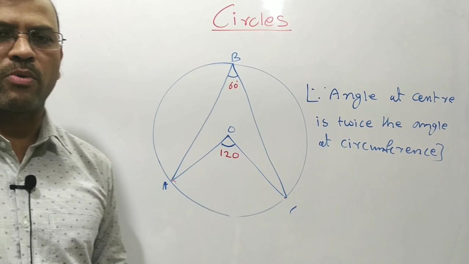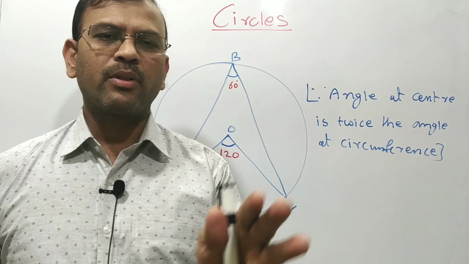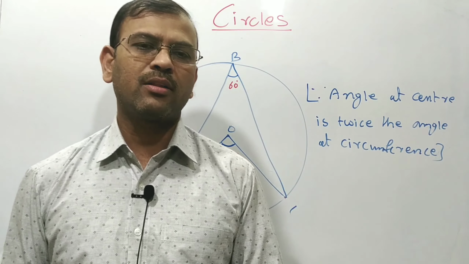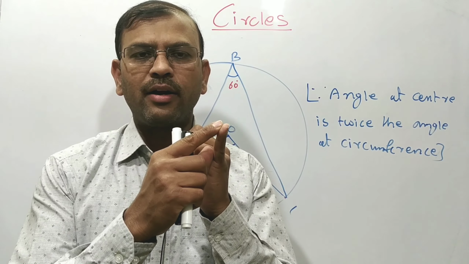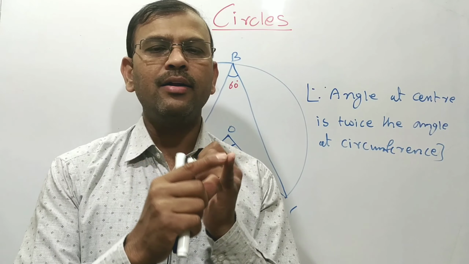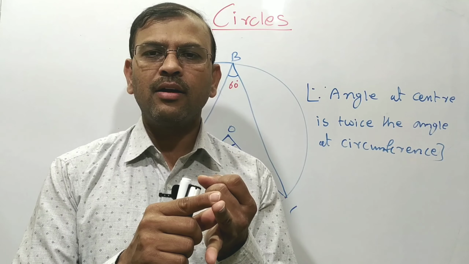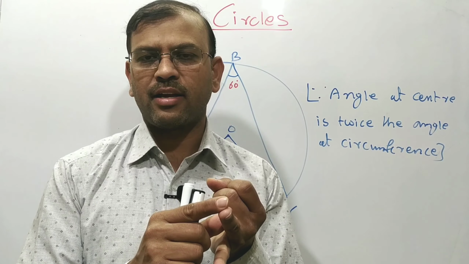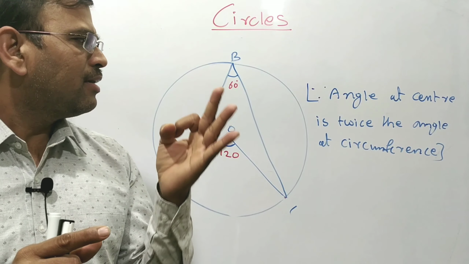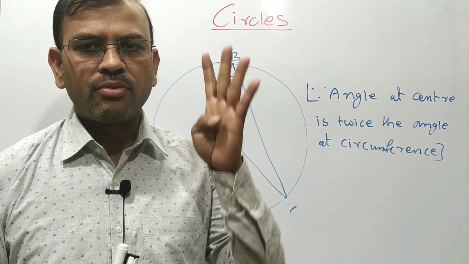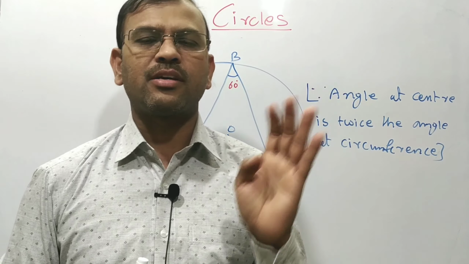So these are the four properties. With the help of these four properties, we are going to solve it. Before that, I will just revise it. What are the four properties we have? The first property is: in a cyclic quadrilateral, opposite angles are supplementary. The second property is what we have learned: angle in a semicircle. The third property is angles in the same segment. The fourth property is: angle at the center is twice the angle at the circumference.